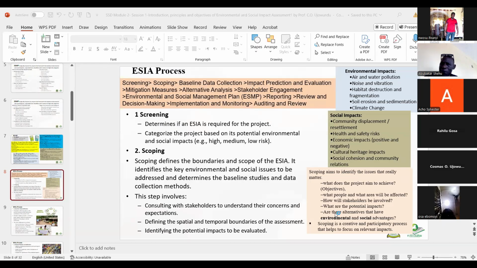Scoping is creative and it is participatory. It is creative in the sense that it is not a one-off thing. It's something that everybody puts their heads together on, and in the process of putting heads together, you have a better outcome. That better outcome will now aid in decision making. Now, we talked about what are those environmental and social impacts you consider in ESIA. When you talk about environmental impact, you're talking about air and water pollution, noise